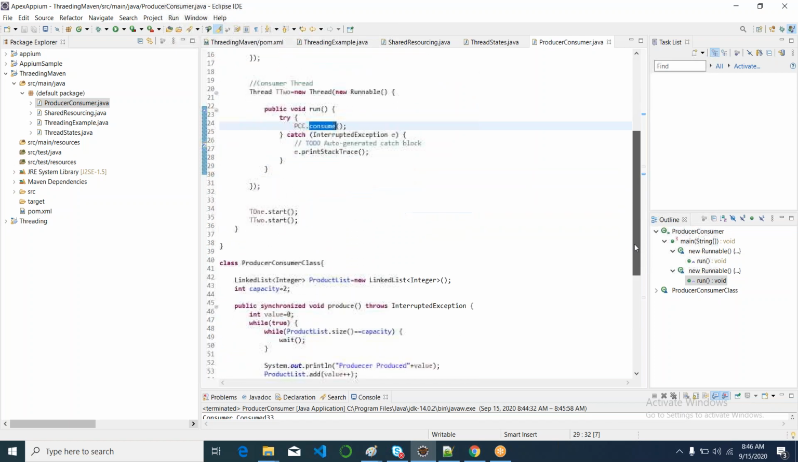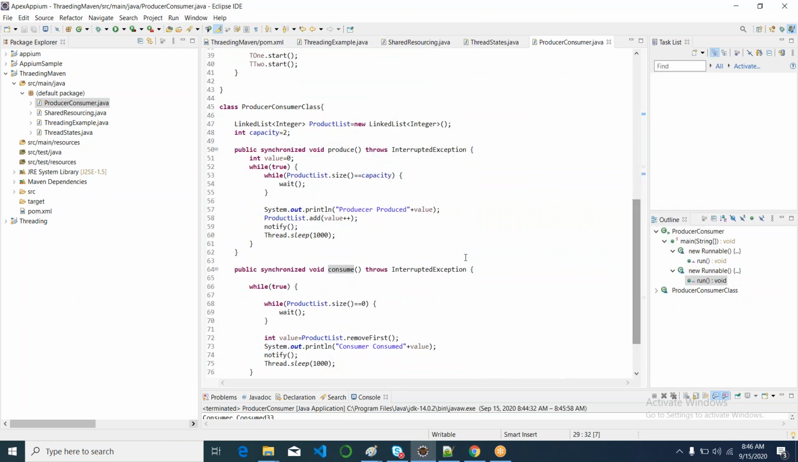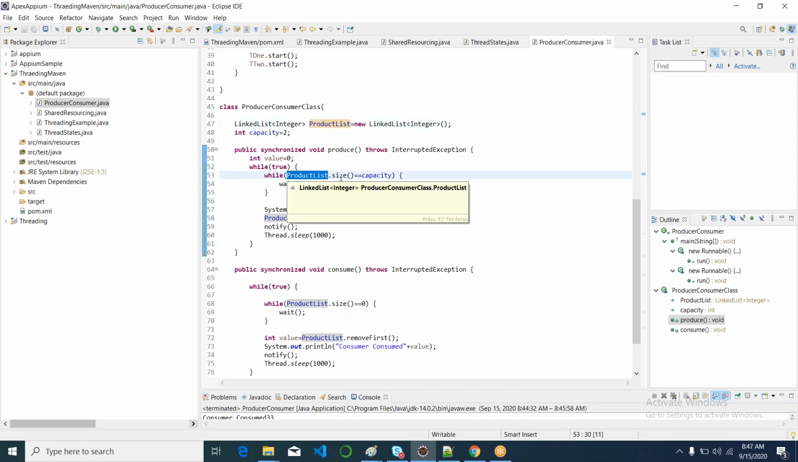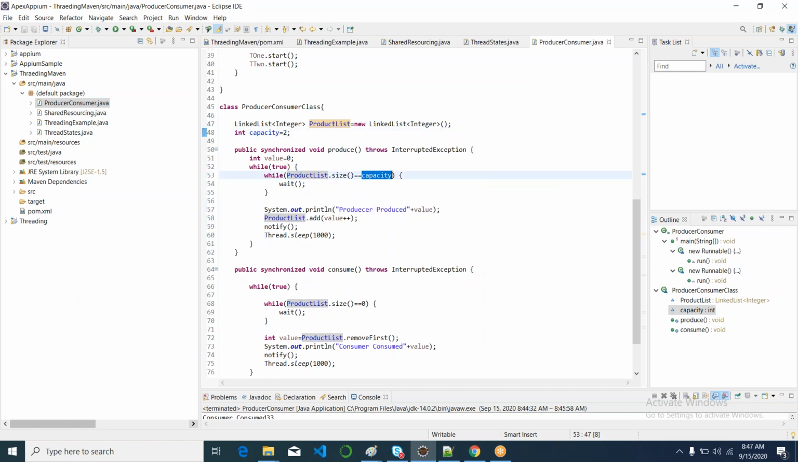Both threads started executing. If you come inside this produce method, we are allowing only one thread to access this particular produce method at once, because we added synchronization. Here we have added an infinite loop, and we also have a product list. And if the product list dot size reaches the maximum capacity that we can add, which is 2, this thread has to be in wait state. It cannot proceed further with the execution. If it is not equal to capacity,